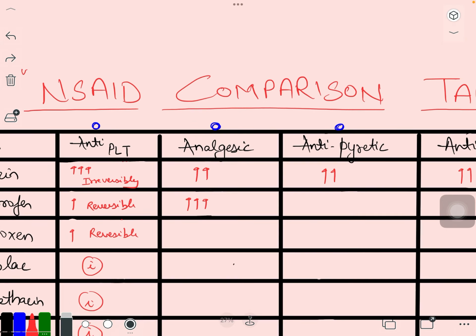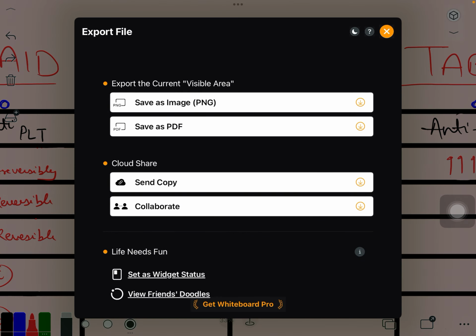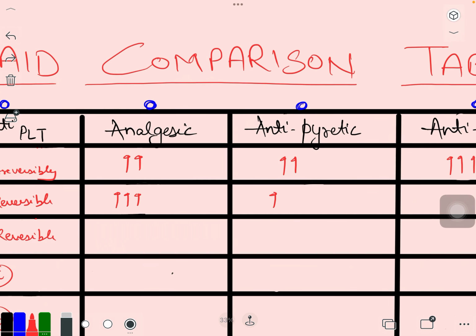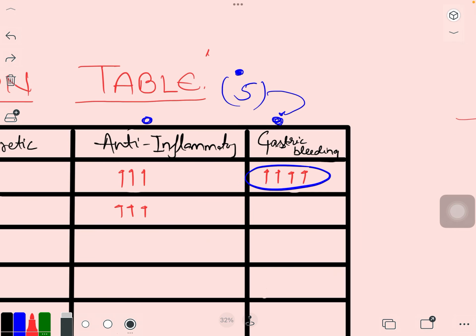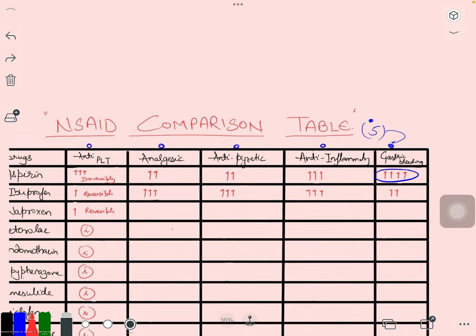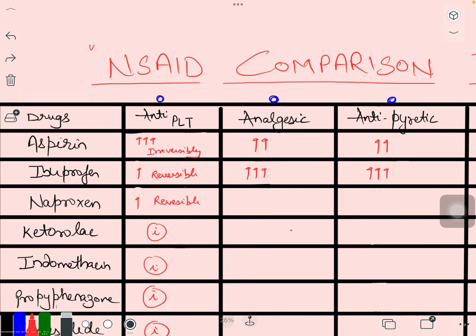This ibuprofen is really a very nice drug actually, because it also acts as an antipyretic, right? It has a high antipyretic property, it has a high anti-inflammatory property, and it has a moderate risk for bleeding as compared to aspirin. Next is naproxen. Ibuprofen and naproxen are so similar,